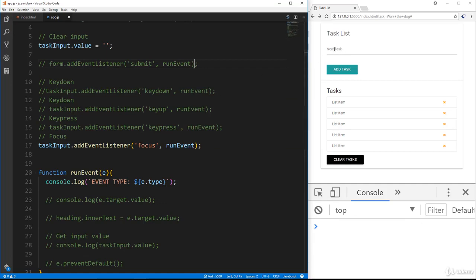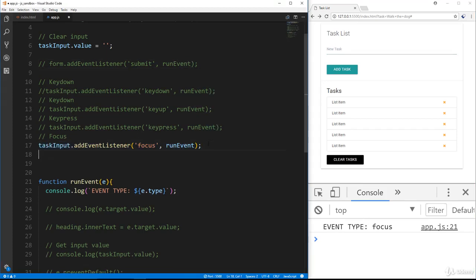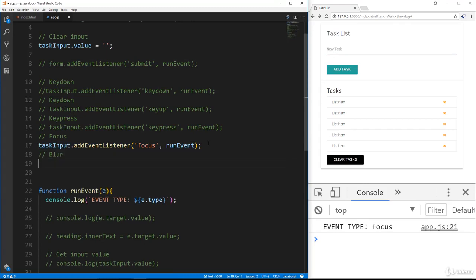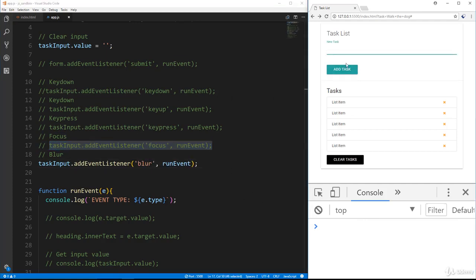So I'm just going to click in here and we get event type focus. Now the opposite of that would be blur, when you click outside of an input. So let's go ahead and say blur. Comment this out. And if I click in and then click out, we get the blur